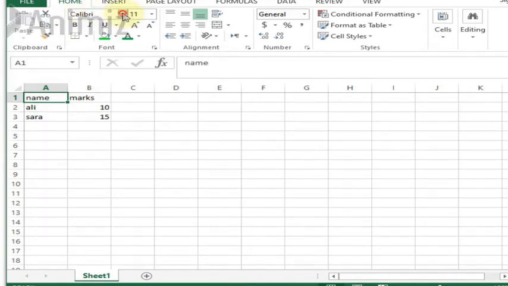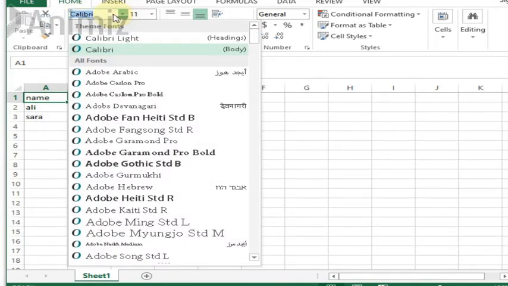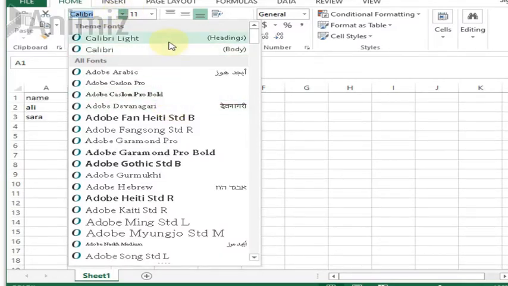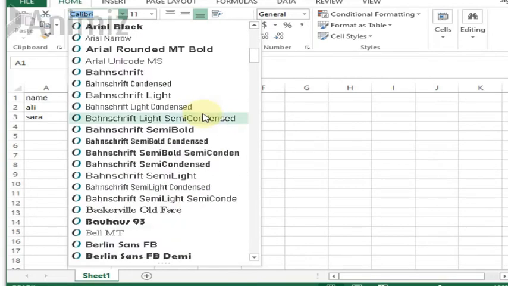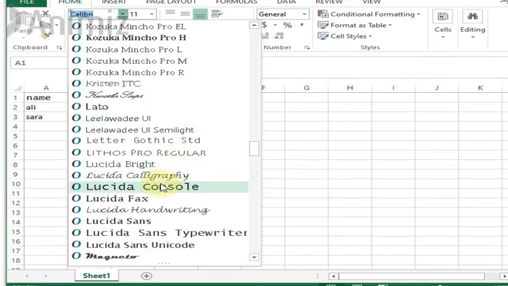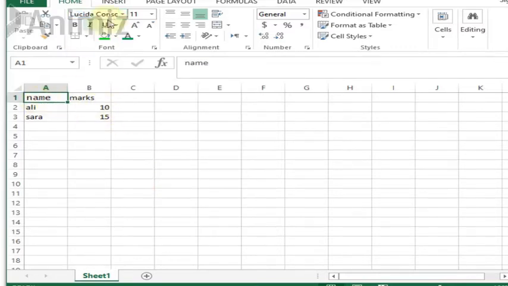This particular thing changes the style of your text. For example, there are so many different styles. If you scroll down, there are various different styles. Okay, for example, I've selected this. Now you can see that the style of this name has changed.